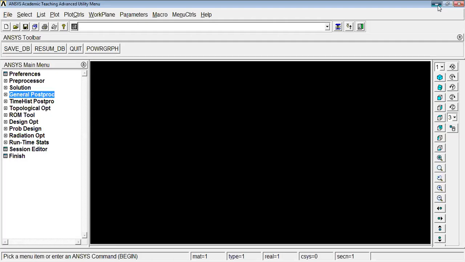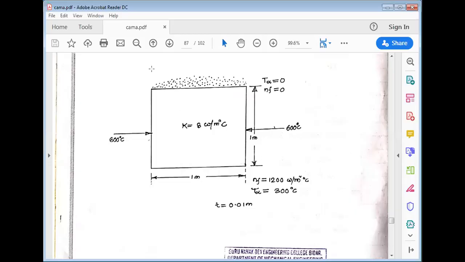I will choose the other problem. This is of a plain wall having the thickness of 0.01 meter, and it is a volume element actually, having size of 1 meter by 1 meter.